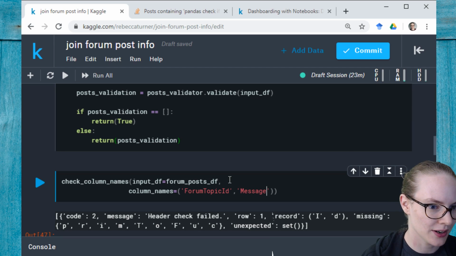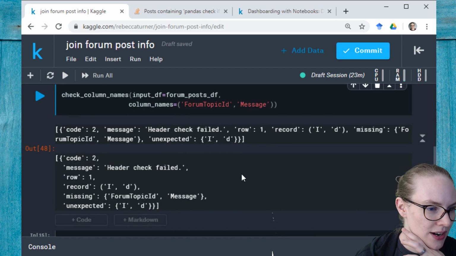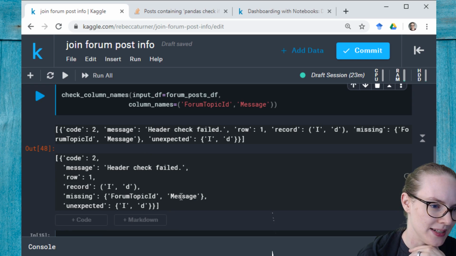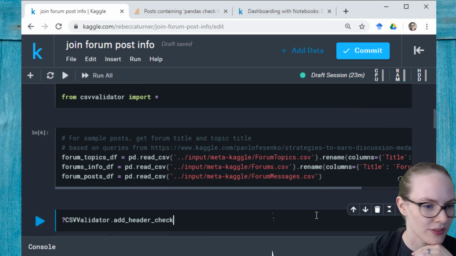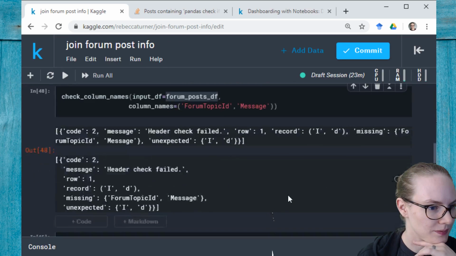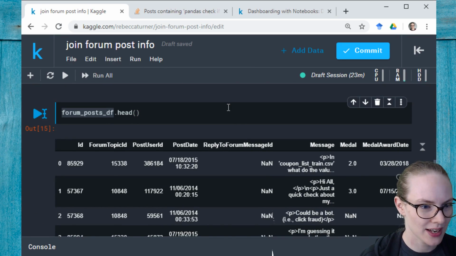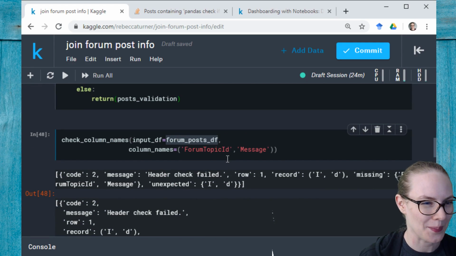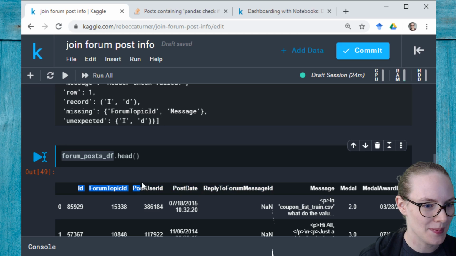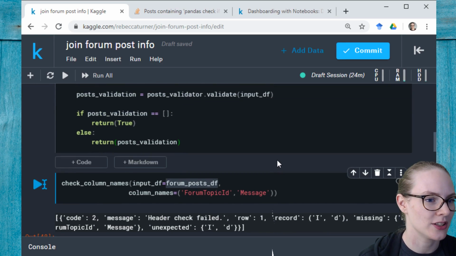Header check failed. Row 1, missing forum topic ID and message. Forum posts df head. Forum topic ID. Post date. All right, so maybe there's an option that we can add here